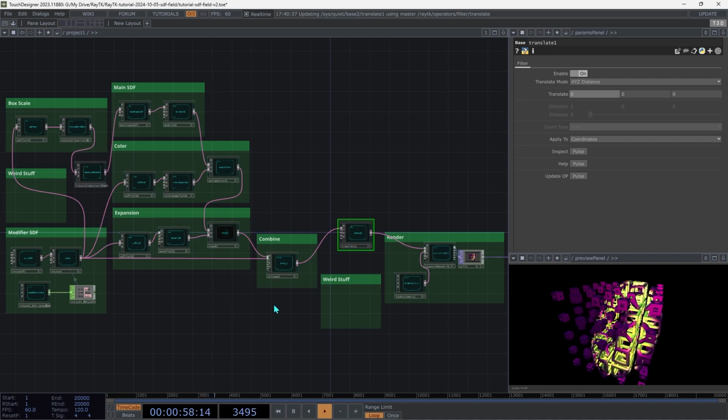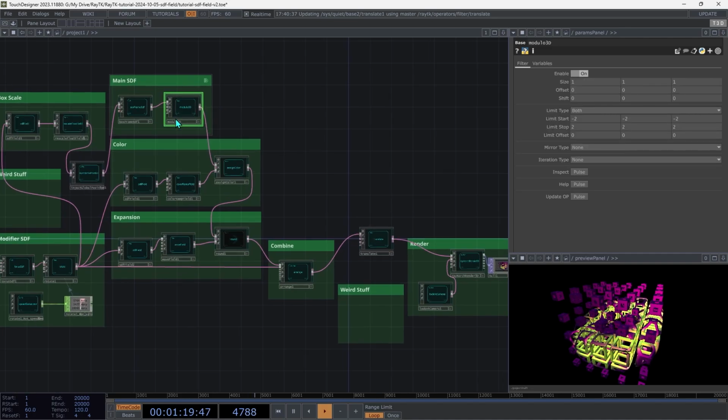Variables are a whole topic of their own, and one of the videos in the intro series covers them in more detail. They're also used a lot in the scene tutorials. The basic idea is that an operator sets aside some information and makes it available to the things that are connected to its inputs. For example, the modulo 3D